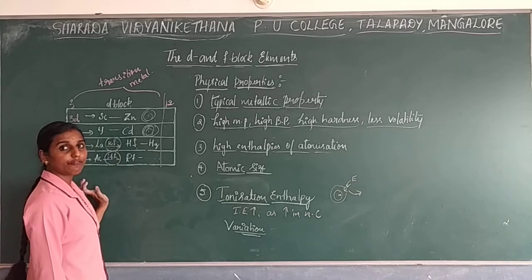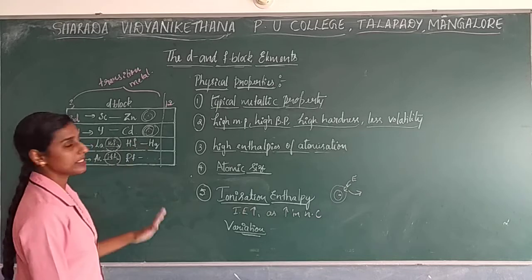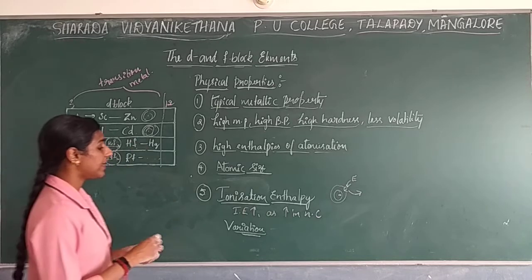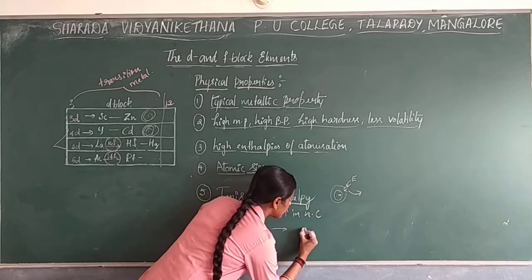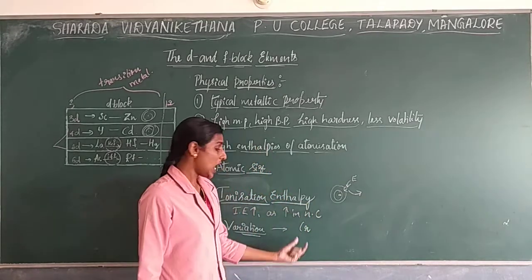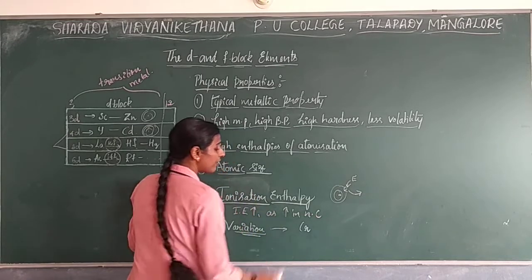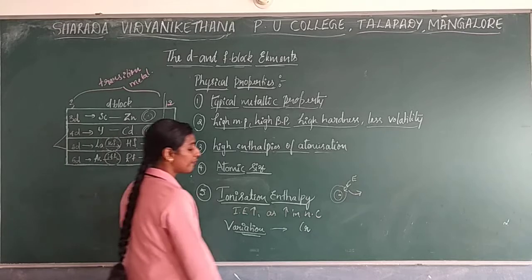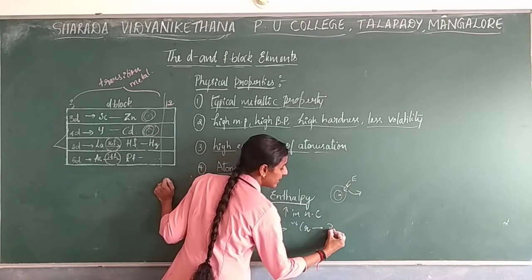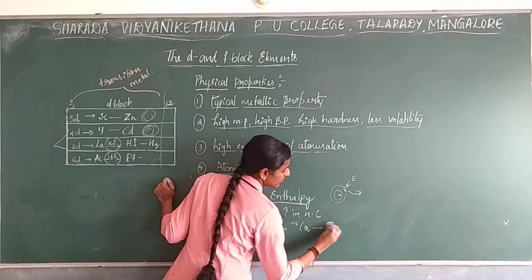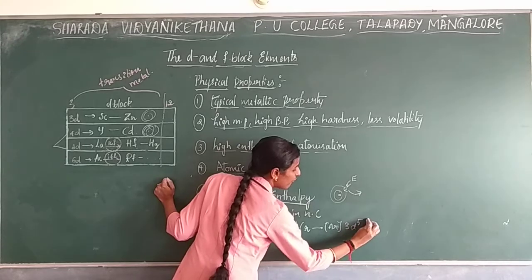The next variation, when we go, here if you consider especially some of the elements, how it shows the variation that we are going to see. The first element that we are going to discuss is chromium. Okay, how it varies with your ionization enthalpy. So if you go with chromium, the atomic number of chromium is 24. In the sense, the electronic configuration filling will take place as argon, the noble gas configuration, as well as 3d5 4s1.